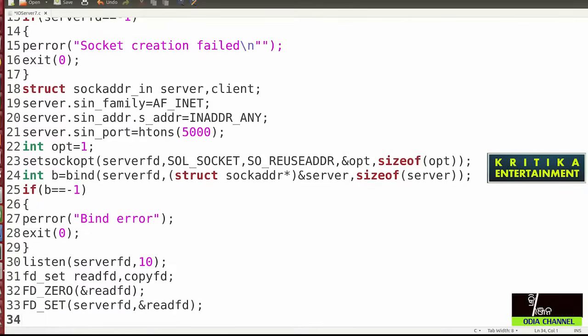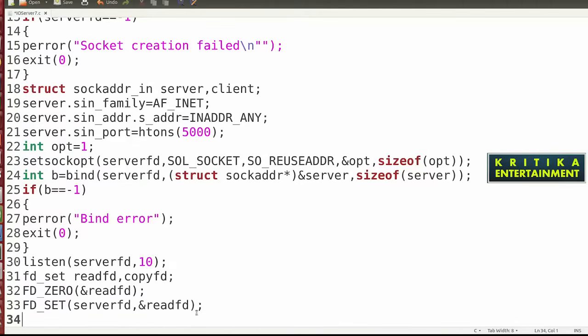Then what we will do next will be FD_SET server_fd. Then next we will close it.